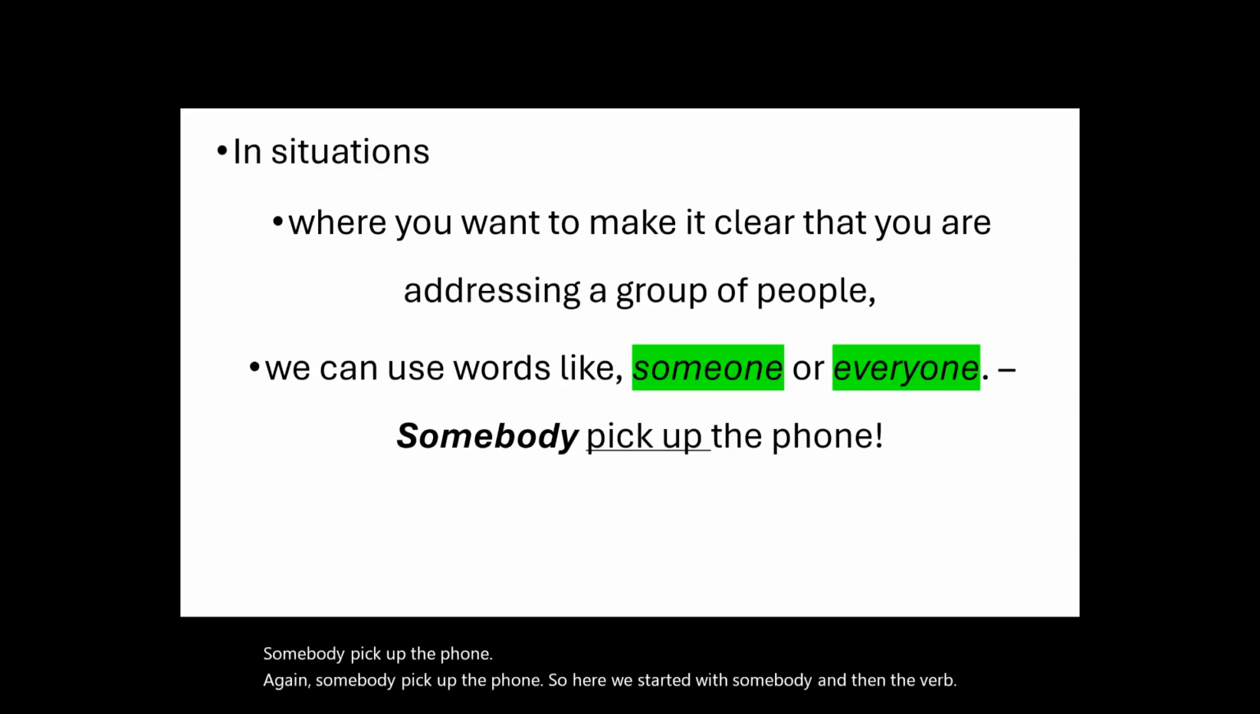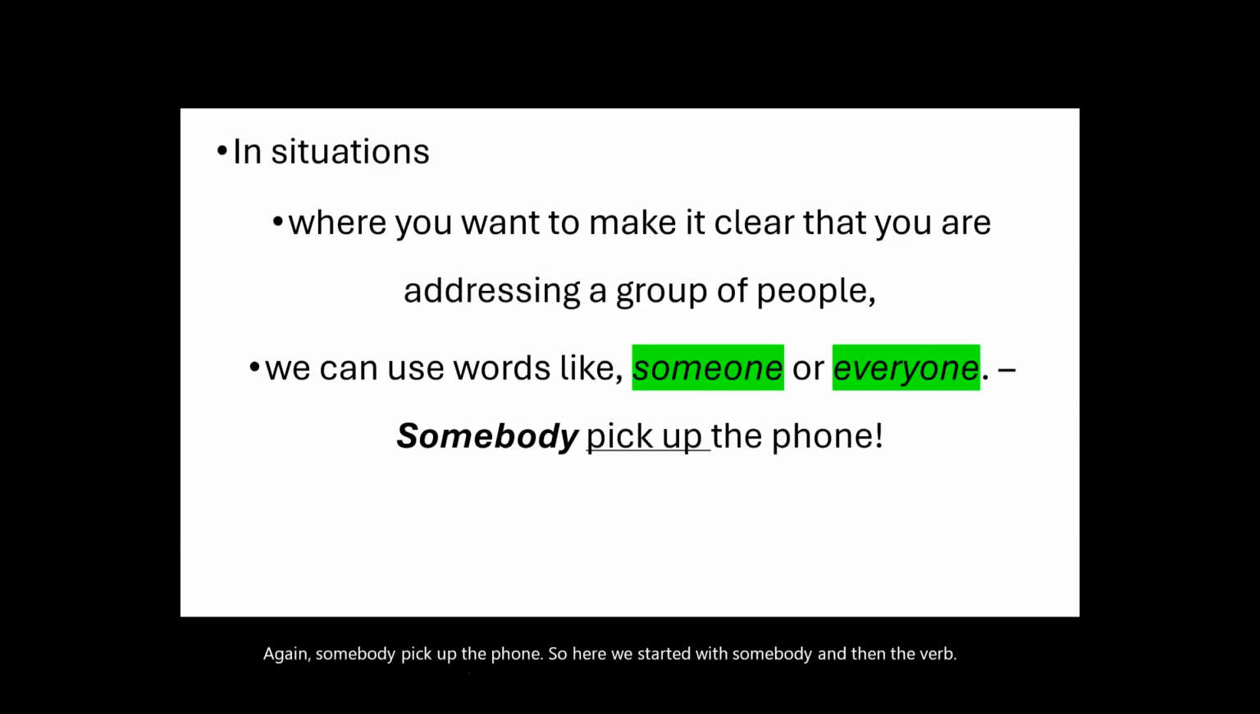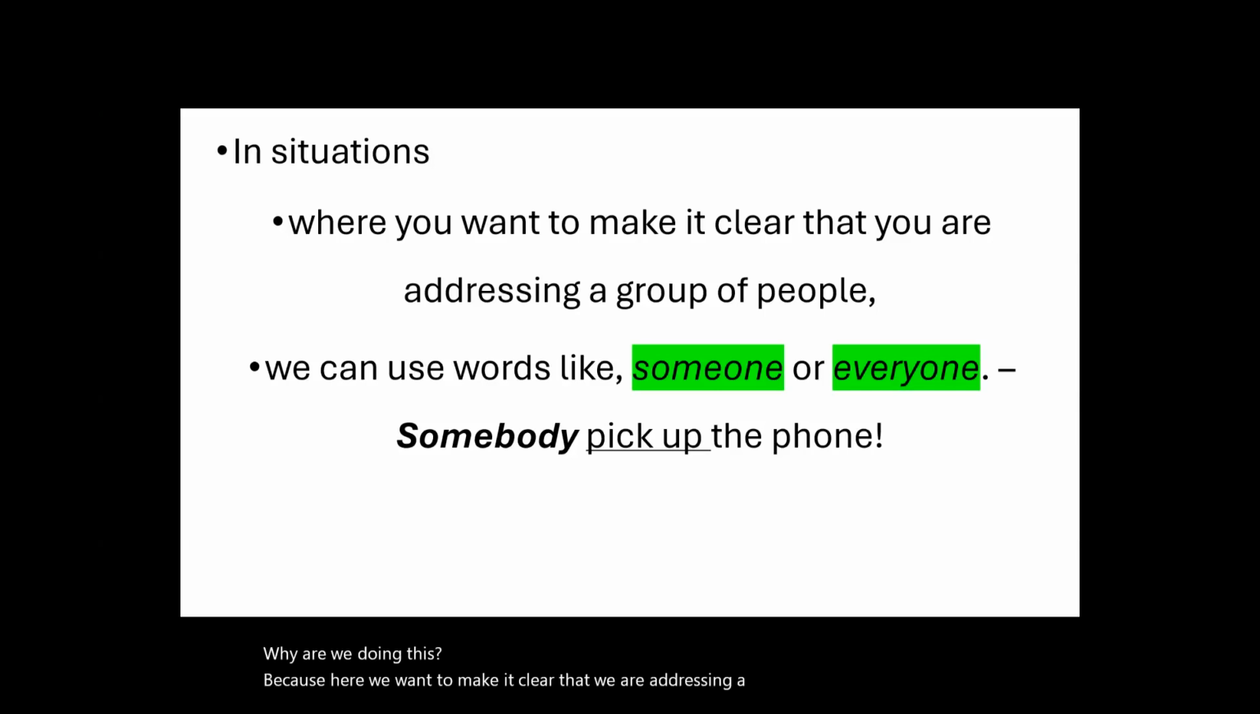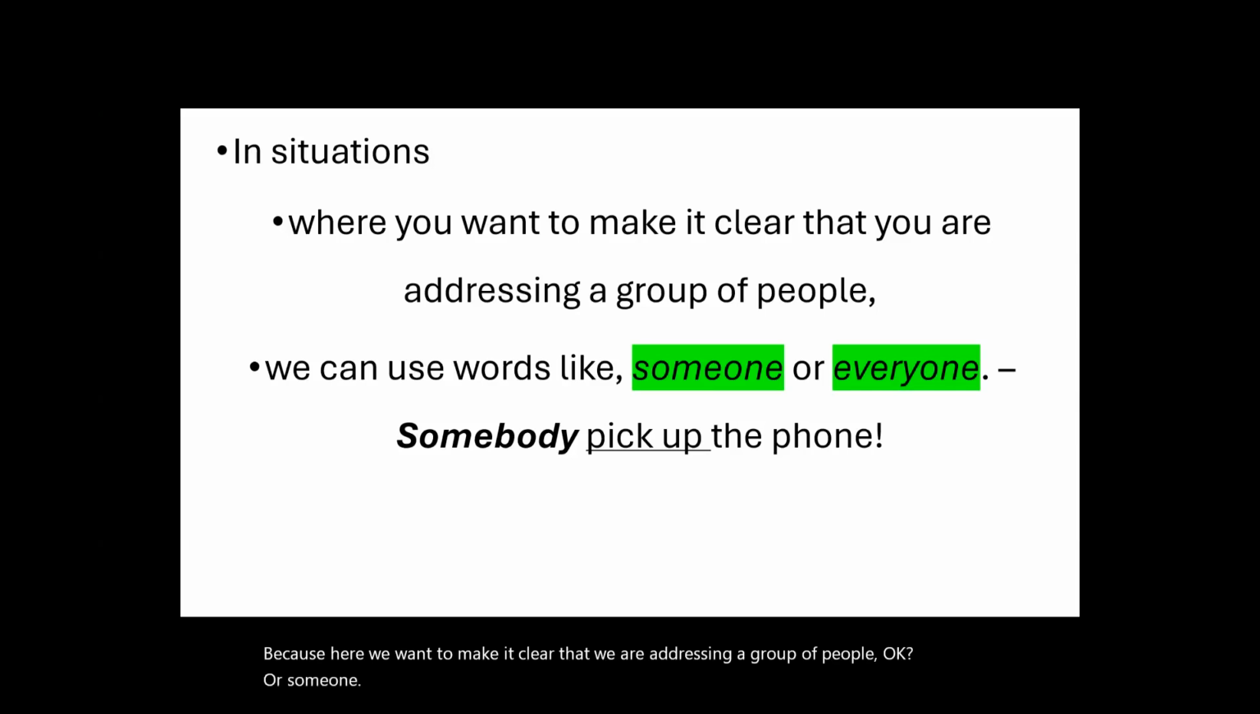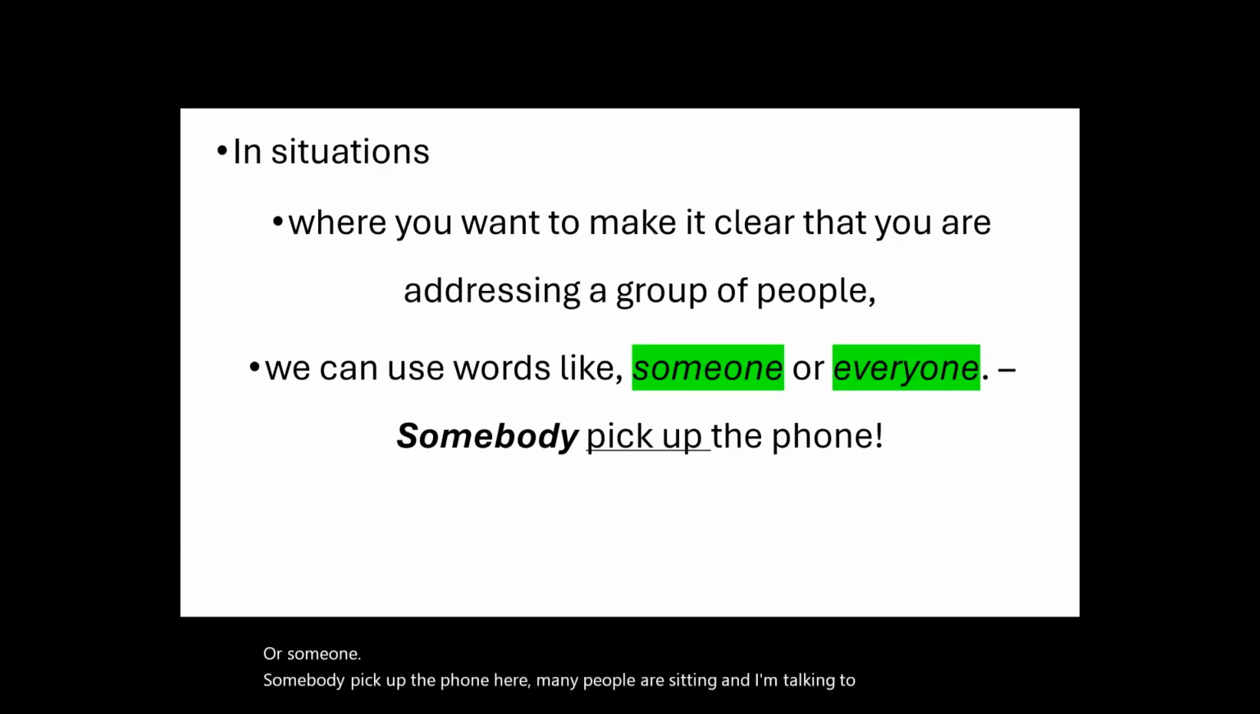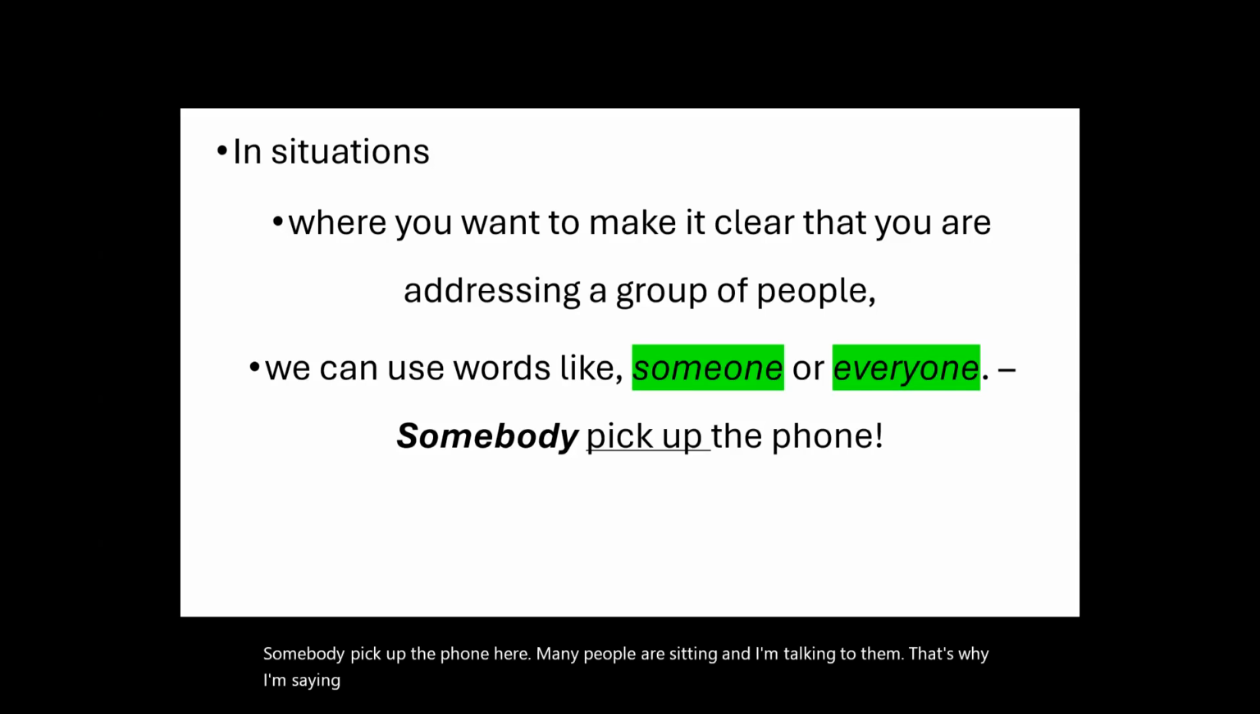Okay, so why are we doing this? Because here we want to make it clear that we are addressing a group of people, okay? Or someone. Somebody pick up the phone. Here, many people are sitting and I'm talking to them. That's why I'm saying somebody, okay? So somebody pick up the phone,